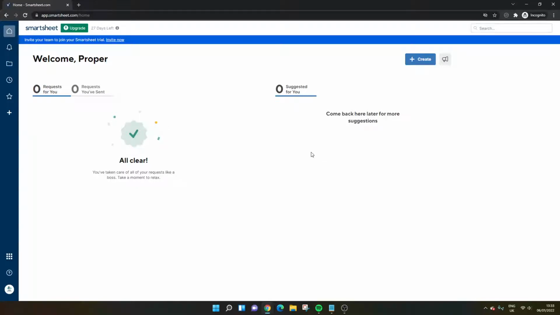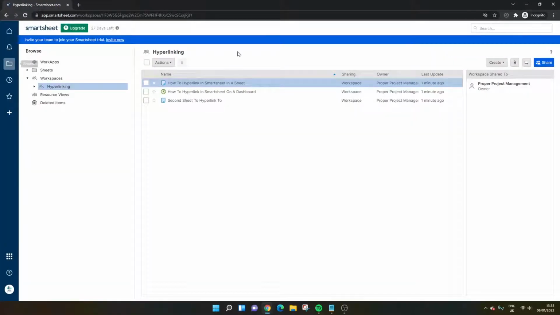Are you wondering how to hyperlink in Smartsheet? Well, today I'm going to show you all of the different ways to do so, whether you're in a sheet or on a dashboard. So what I've done here is I've just created a brand new workspace called hyperlinking for